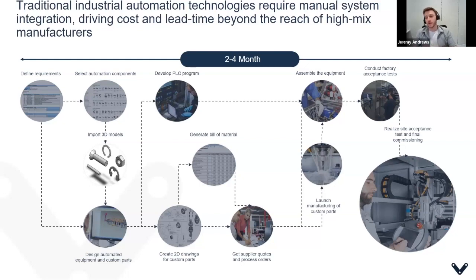At the same time, if you're going towards a fully automated system that will have automation in it and controls, you'll then have to talk to your electrical engineers. If you don't have electrical engineers in-house, you have to search externally to find someone that is able to build and develop the PLC that will then run your system. Once that's figured out, you can actually then launch the manufacturing of the custom parts, have them ordered, and then